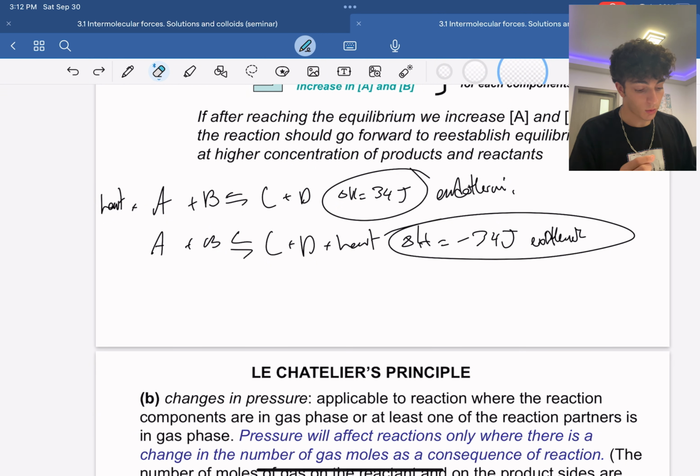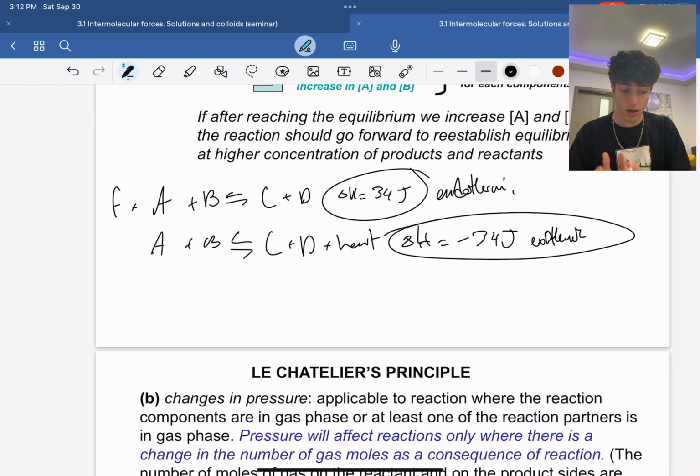Okay? So, now think of heat as a reactant. Don't even think of it as heat anymore. It's a reactant. Imagine this is F. Same thing we said. If you increase the concentration of a reactant or product, it goes the other way. If you remove it, it goes the same way. So, what happens? F, which is heat,